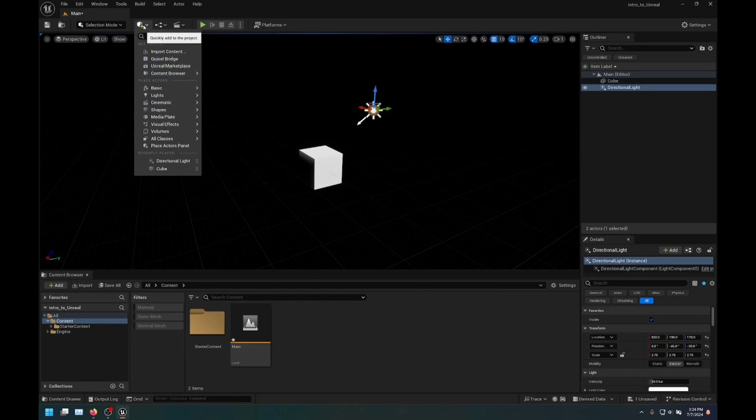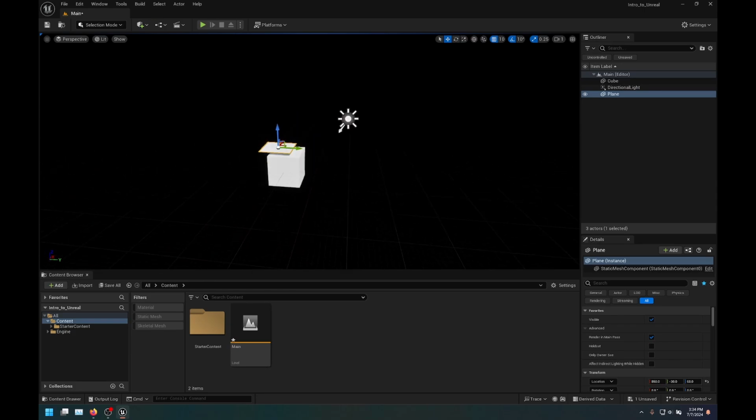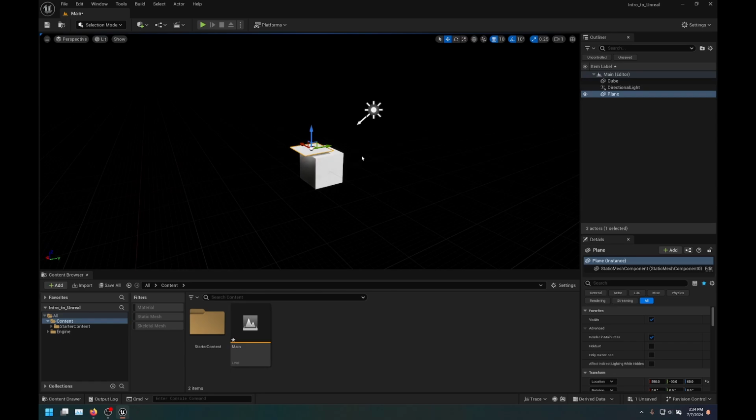So I'll go back to the place actors panel, shapes, and plane. And you'll notice whenever you create assets in this way, it's going to create them at kind of a random point in your level that's sort of near the origin, but not quite at the origin. And if you look at your